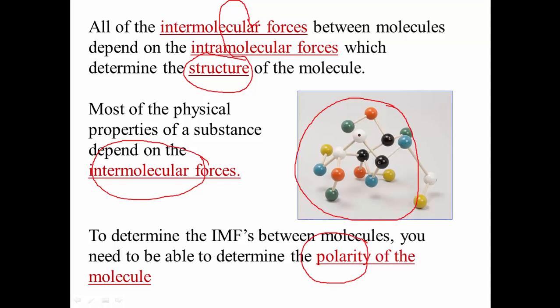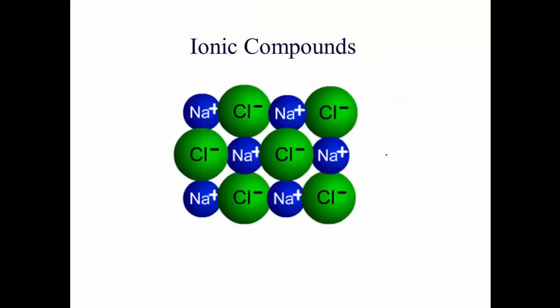Now, in order to determine the polarity, we had to build the molecule correctly. In order to do that, we had to draw a correct Lewis dot structure. In order to do that, we had to know the rules. So it all goes back to building up to this point. So it's not just a matter of saying, oh, okay, well, I didn't need to know all of that. I can just look at the polarity. Well, you could if we give you a molecule that's already drawn, but chances are you're going to have to do that yourself. So let's look at all of the types of bonding, because that's what we're looking at in